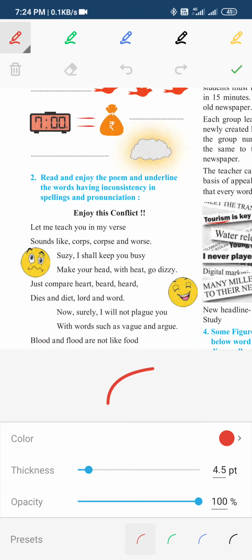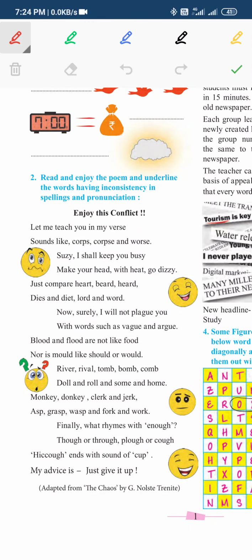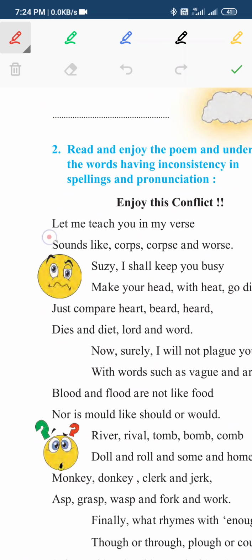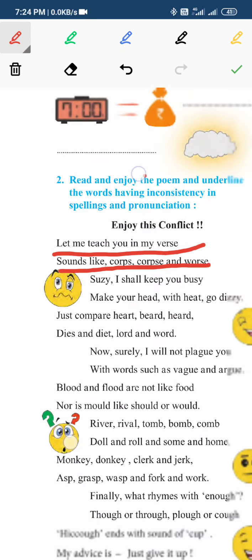Clicking on here, you get the option for setting and its opacity. Select as per your wish. Click here, select pen, and now you can start marking out your sentences wherever you are teaching. This becomes a convenient way for online teaching.